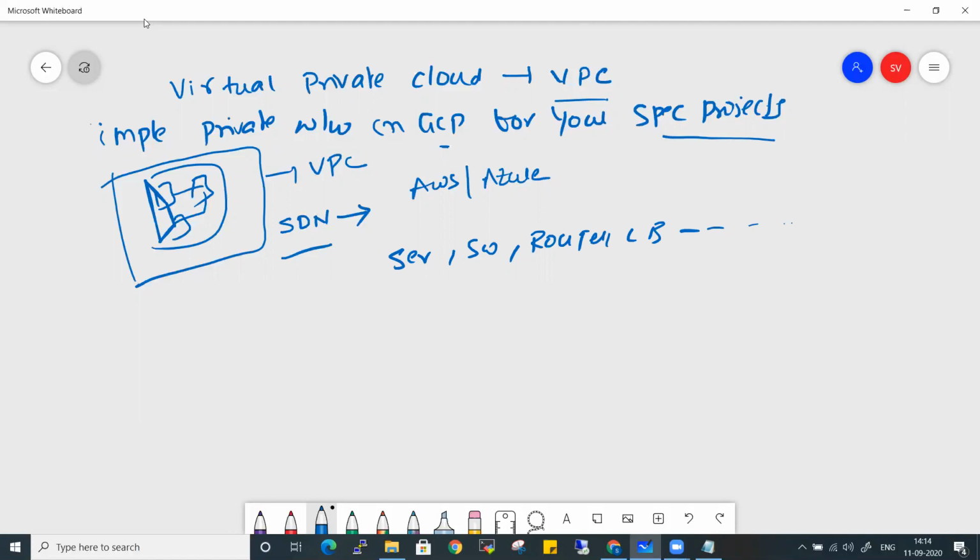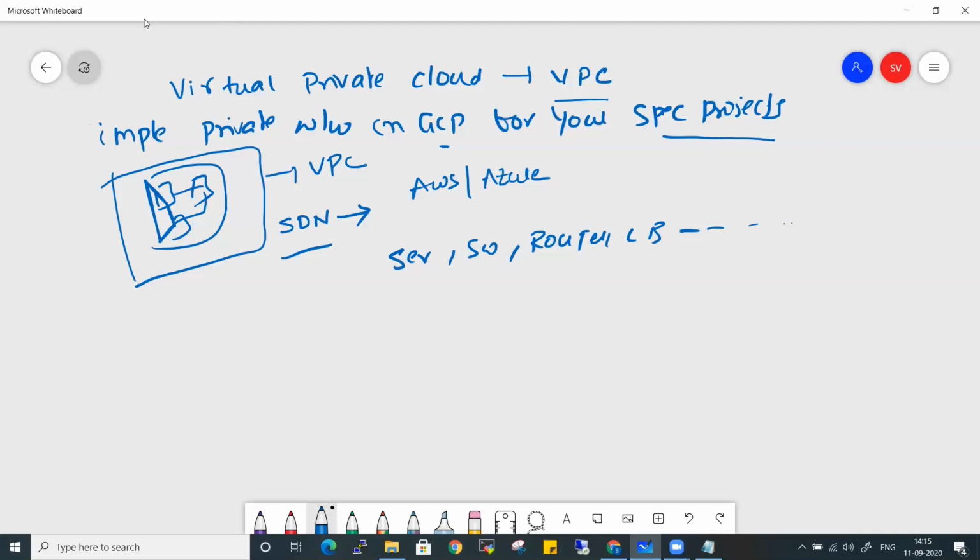Coming to software defined network, known as SDN, we need not worry about all this stuff. It doesn't matter if you're having 5 virtual machines or 5,000 virtual machines, your software defined network is able to handle this on your behalf. Let's say you're having five machines initially, and you want to scale up to 5,000 machines.